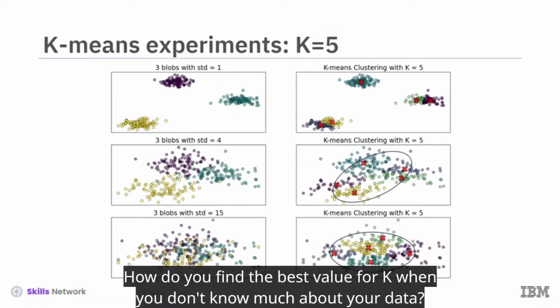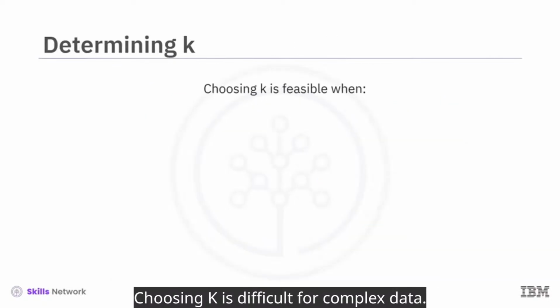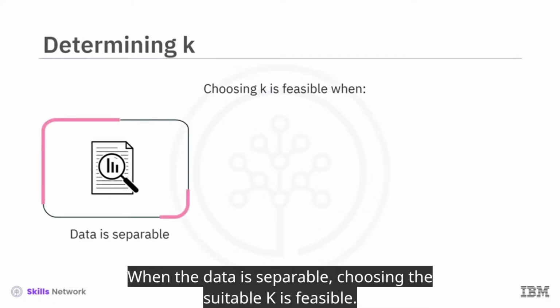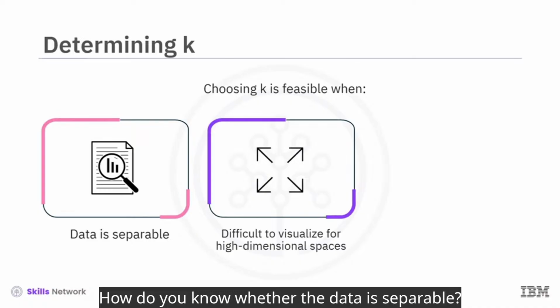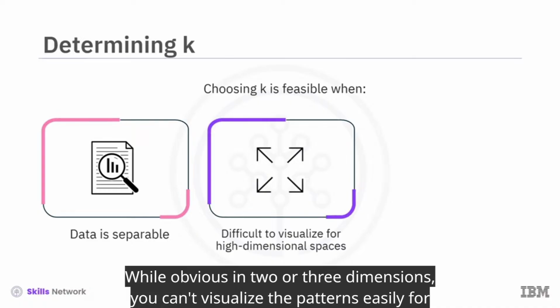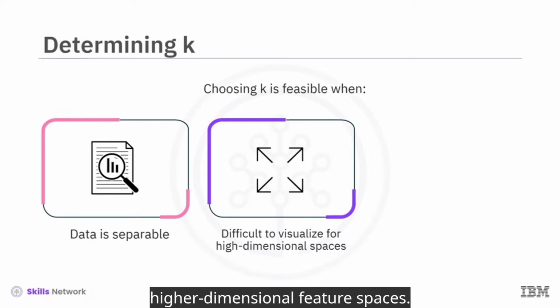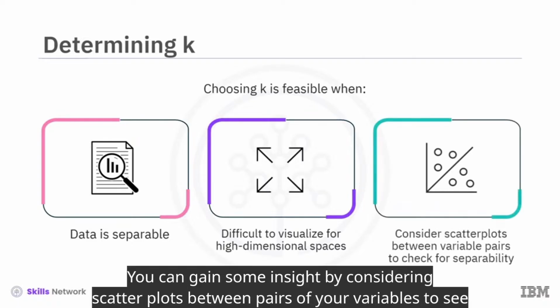How do you find the best value for k when you don't know much about your data? Choosing k is difficult for complex data. When the data is separable, choosing the suitable k is feasible. How do you know whether the data is separable? While obvious in 2 or 3 dimensions, you can't visualize the patterns easily for higher dimensional feature spaces. You can gain some insight by considering scatter plots between pairs of your variables